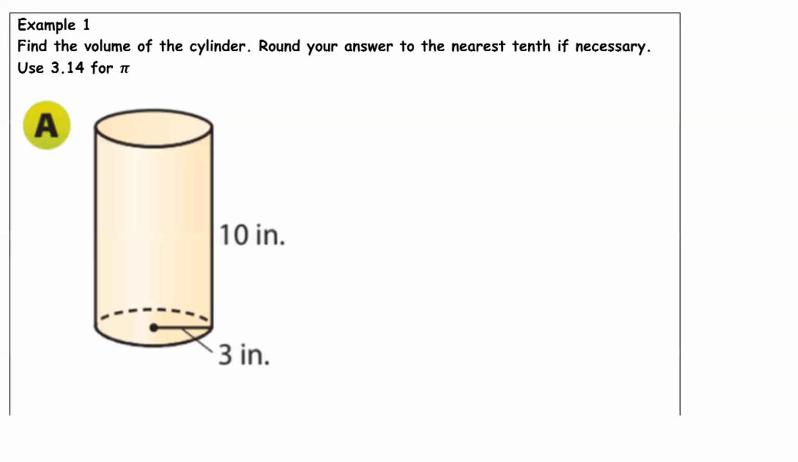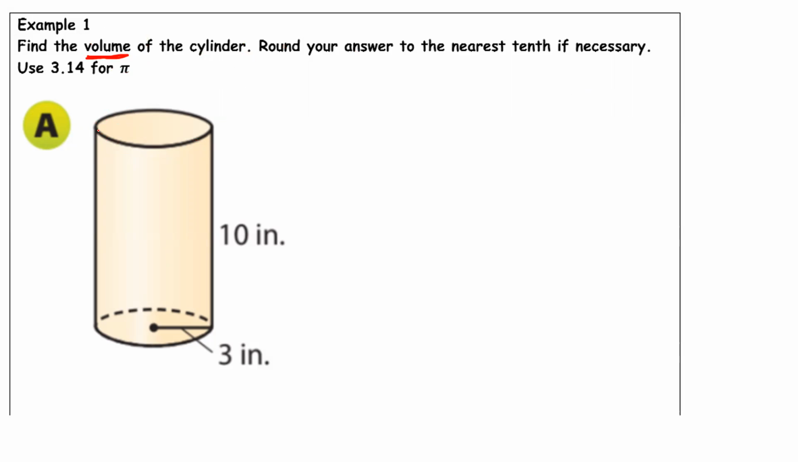So what we see here in this example, the question says, find the volume of the cylinder. Round your answer to the nearest tenth if necessary. Use 3.14 for pi. So first off, volume refers to how much stuff, if we were to fill this cylinder